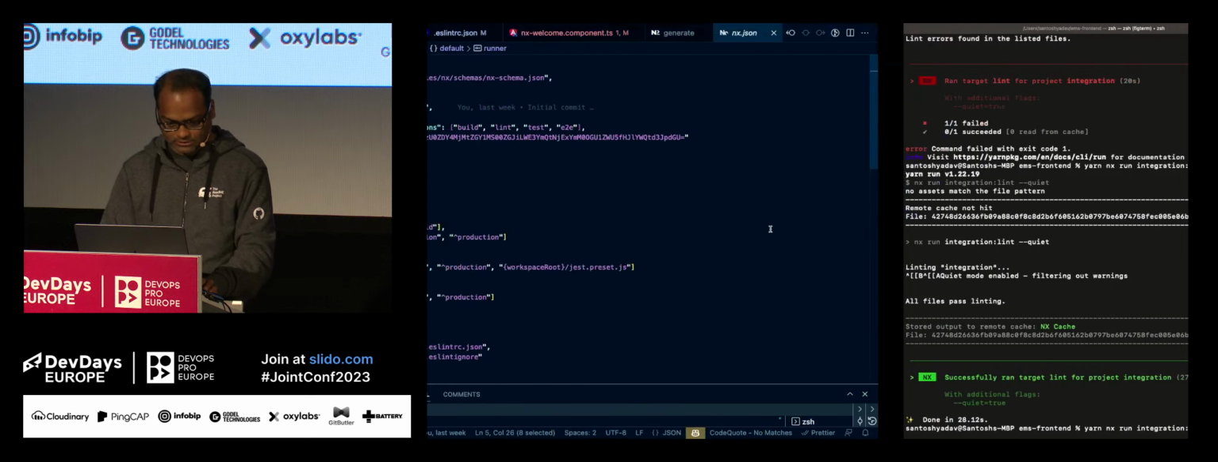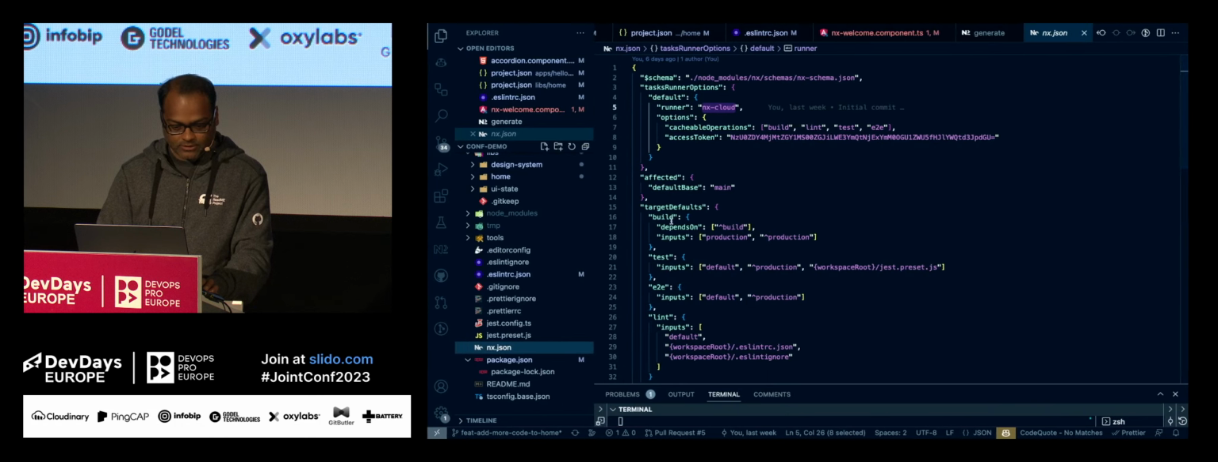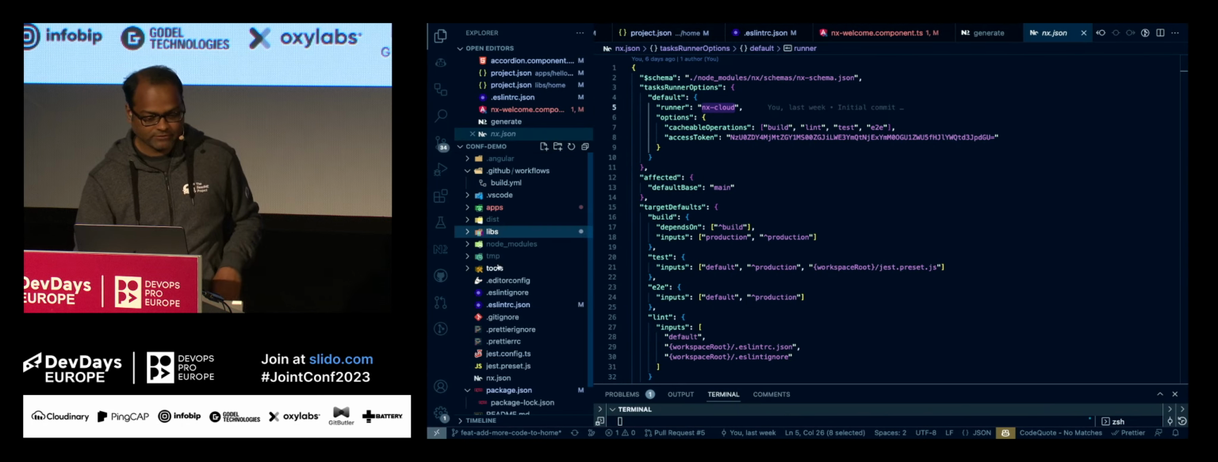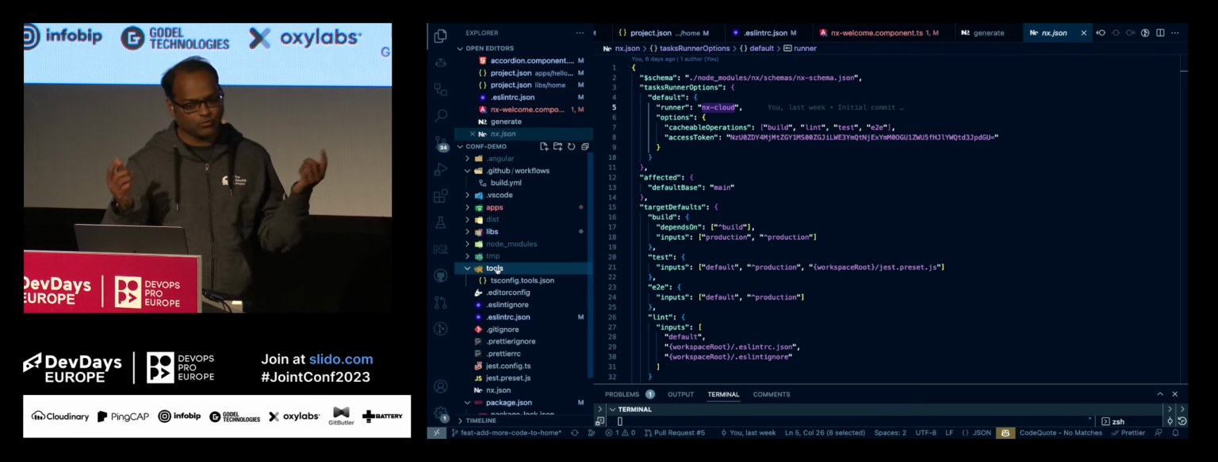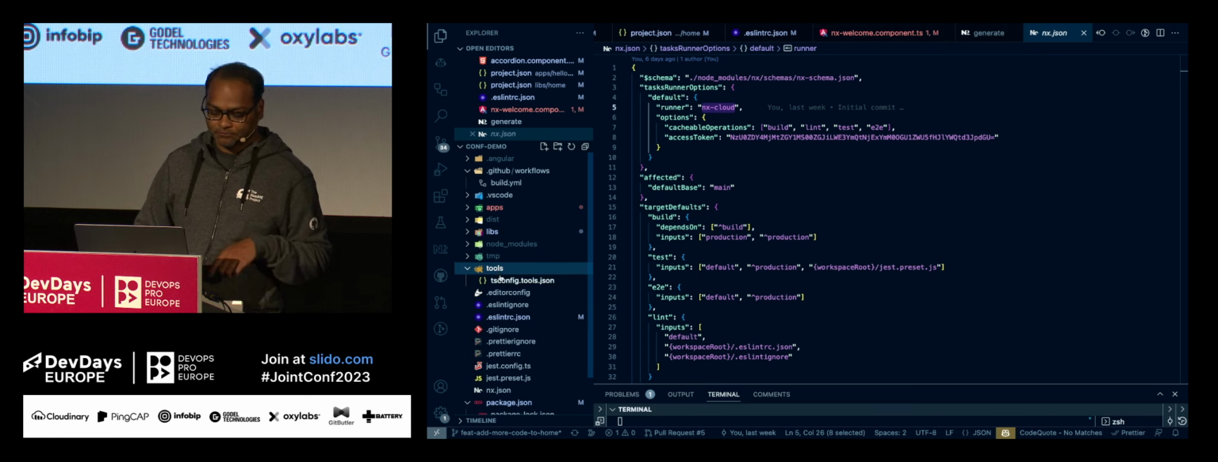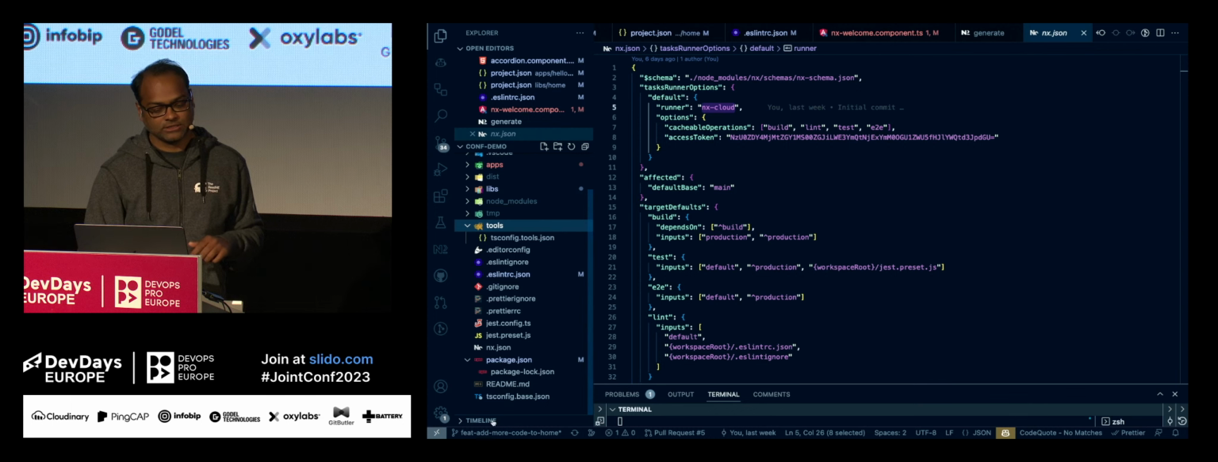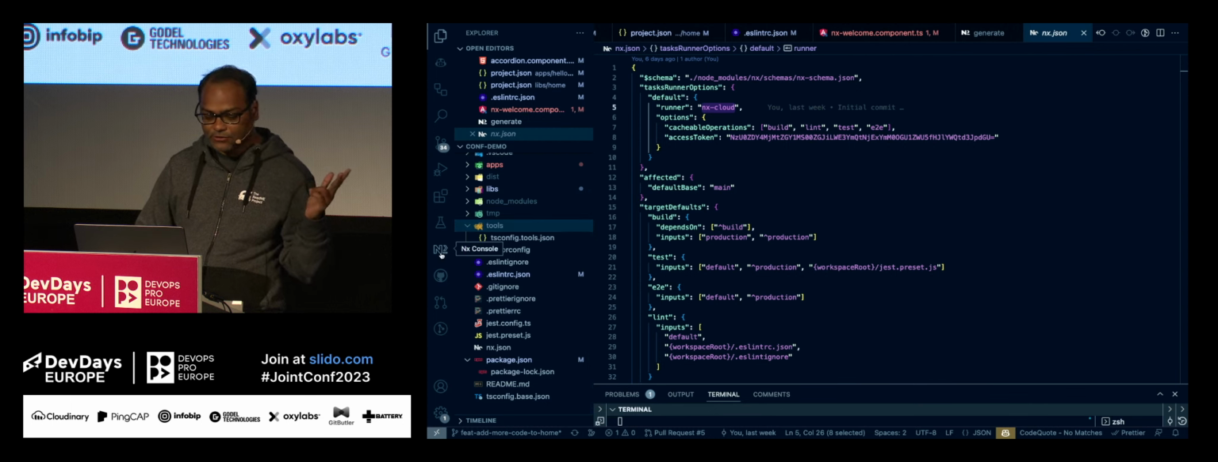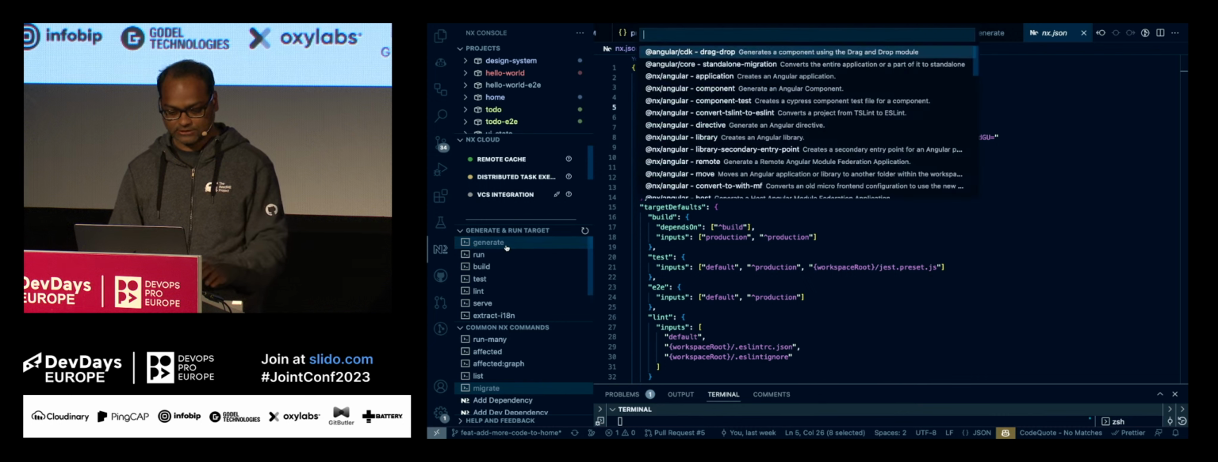One last thing which I will show you is how to bring your own tool, right? So NX has something known as generators and executors. So you can create your own plugins. So I can say, okay,